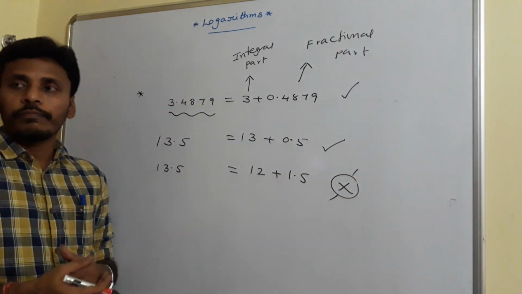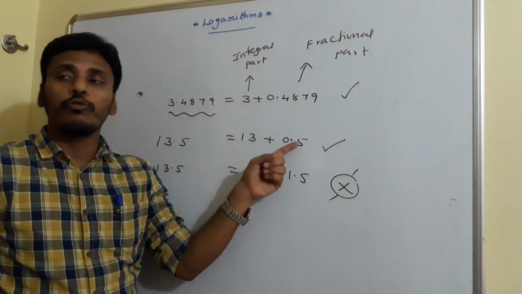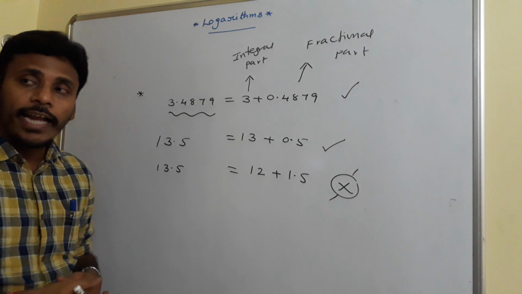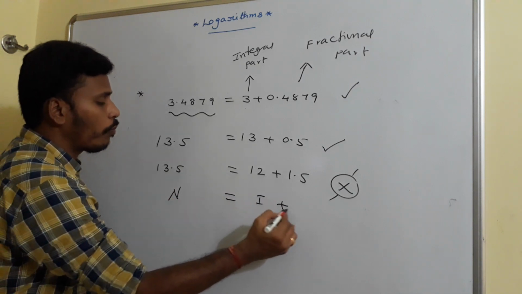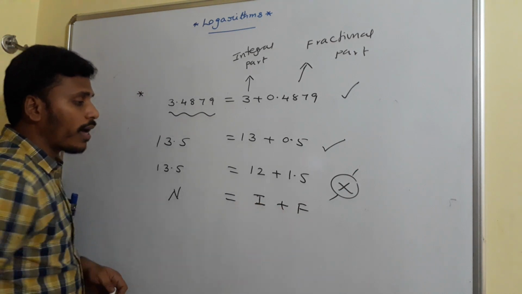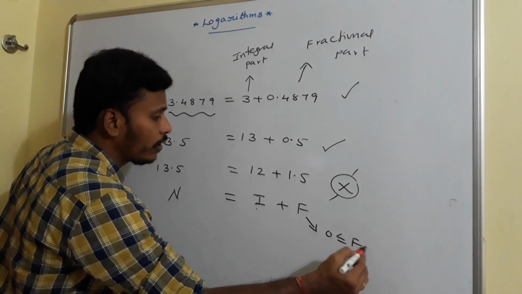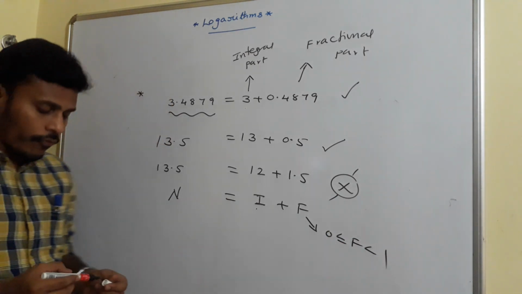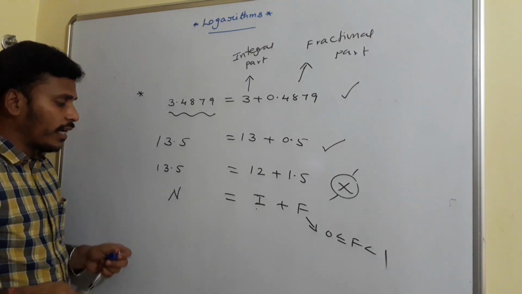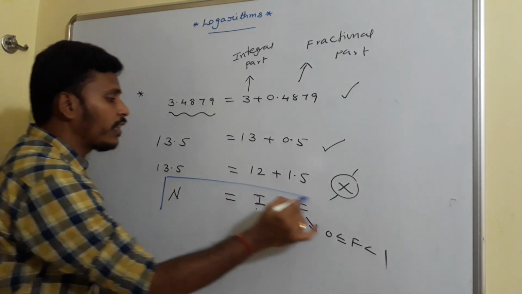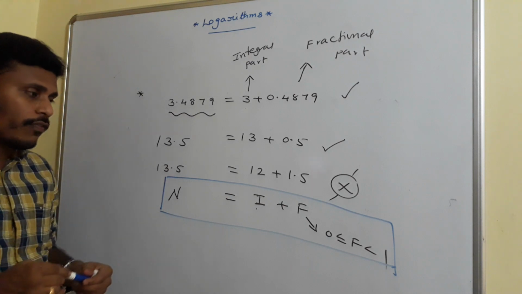So to conclude, to fix the fractional part, you need to think that the fractional part should be a fractional decimal. That means the value is in between 0 and 1. So every number can be represented as sum of two parts, integral part and the fractional part. This is the integral part. The fractional part should be in between 0 and 1. The value of f is less than 1, the value of f may be 0. You need to keep in mind that every number n can be written in this format, that n equals I plus f.